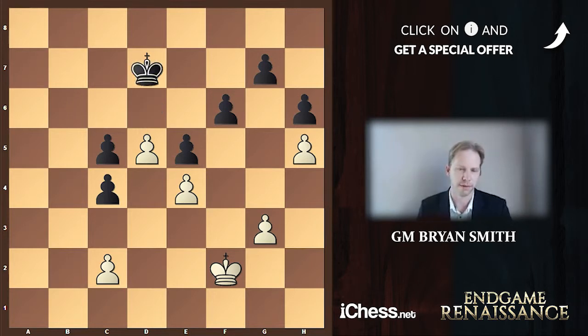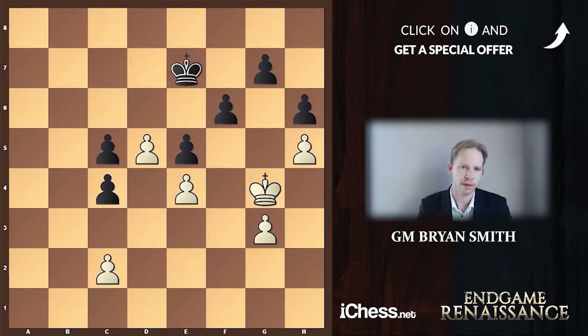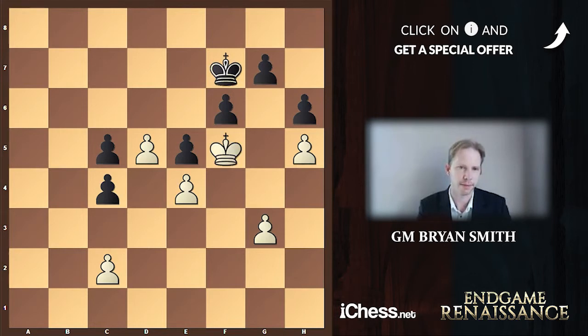After king takes, I have two ways of winning. I believe one was the simplest, which I was intending, which was just to play king f3 and just bring the king up. So if now he waits with the king, despite the fact that actually I'm down a pawn here, it's a winning king and pawn ending. So if he waits, I just come up with the king to f5, and he'll never be able to hold